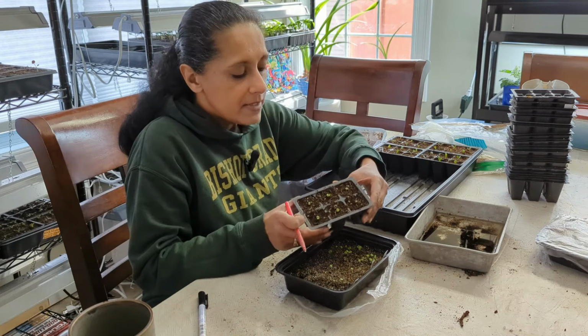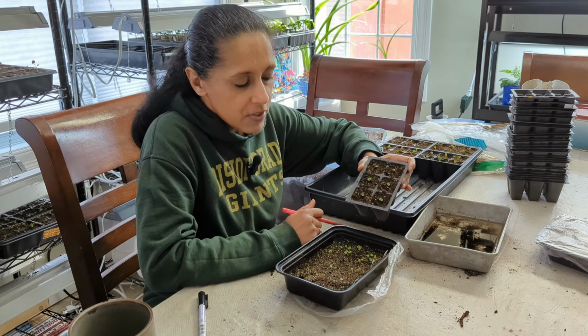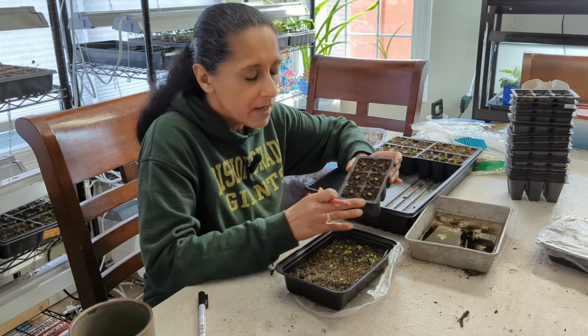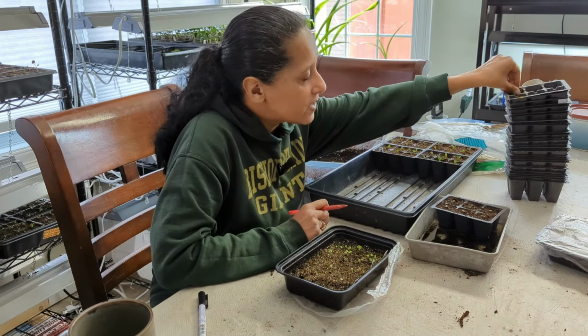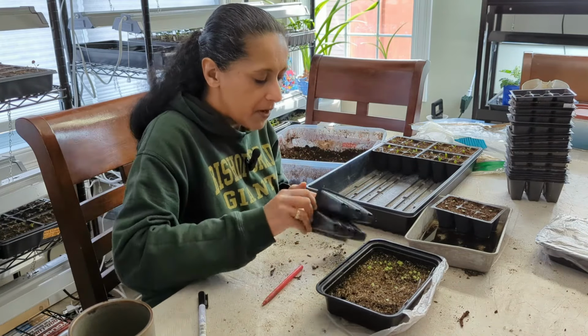All right, well, we got one 6 cell pack done. So this is a coleus, and it just says green color. So it might be a lime green color coleus. I'm going to put that in some water just so we can soak up water from the bottom. Speaking of soaking water up from the bottom,